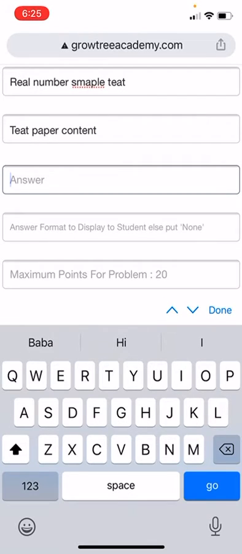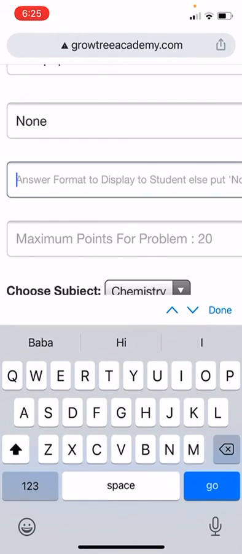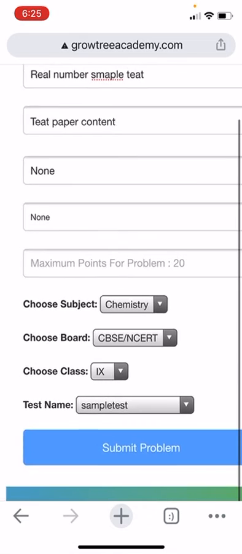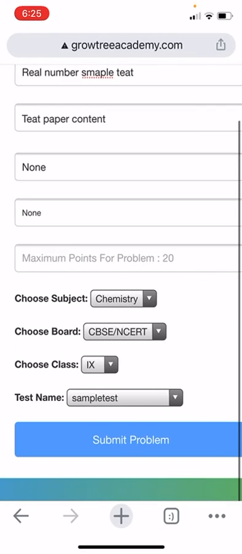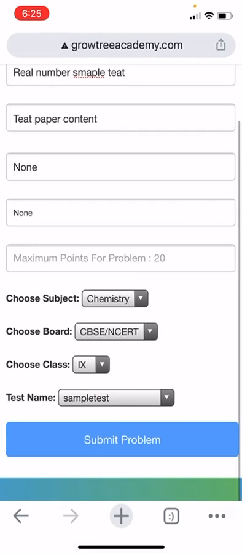There is something called answer. So if it's a test, you can ignore it. You can just say anything, just none and none. But in case if it's a problem, you can enter what is the actual answer for this problem. So on user submission, it's getting compared. And you can also add a format like x equals to 1 comma x equals to 2, so users will enter in that format. So anyway, for tests you can just do none and none,